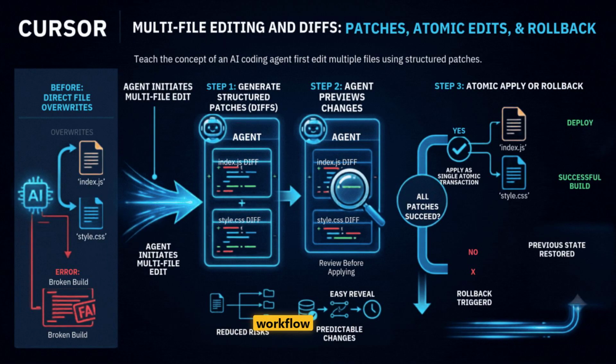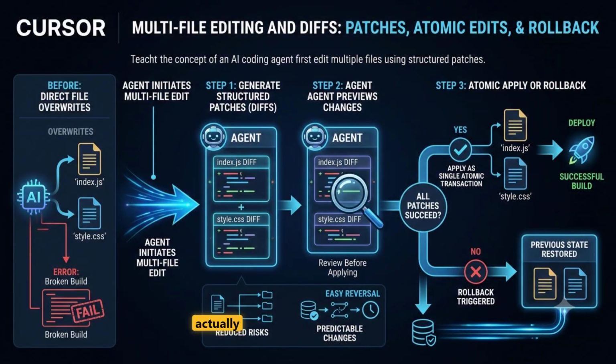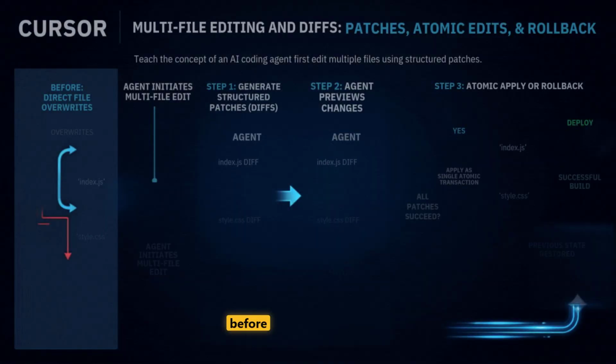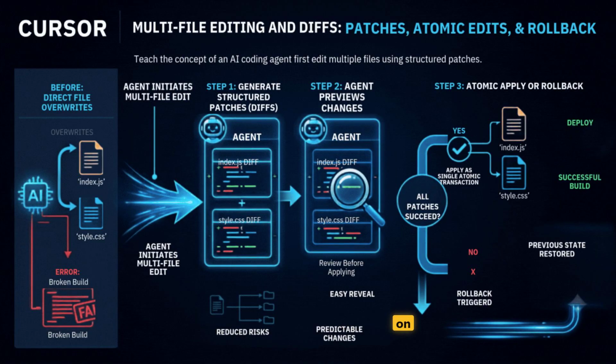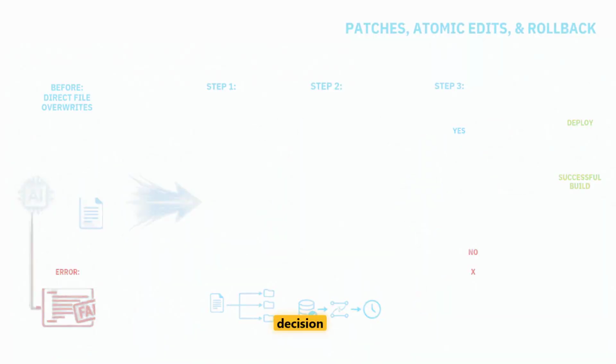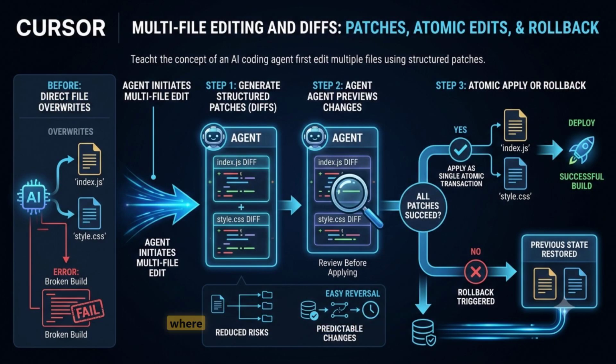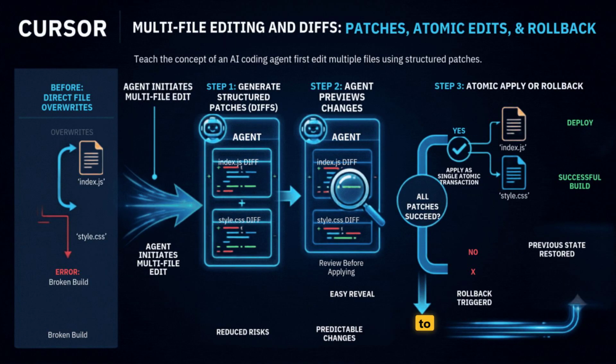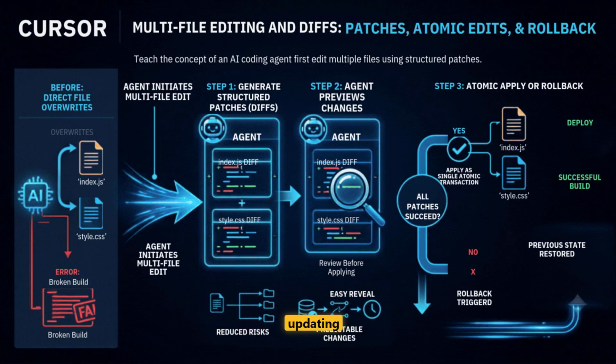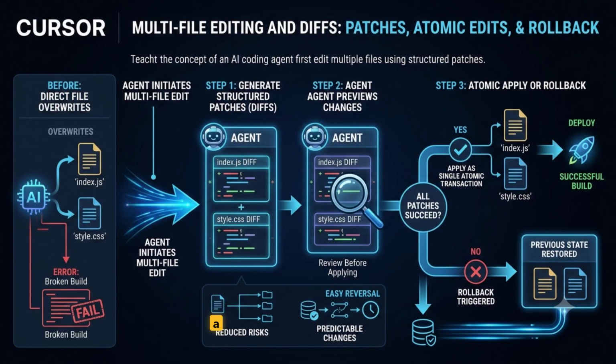the workflow. Counterintuitively, modern agents don't actually rewrite full files anymore. They stream unified diffs, so you can inspect additions and deletions before a single byte changes on disk. Now trace the decision flow on the right, where the system evaluates if all patches succeed. Following the top path marked yes leads to a single atomic transaction, updating both files simultaneously for a successful build